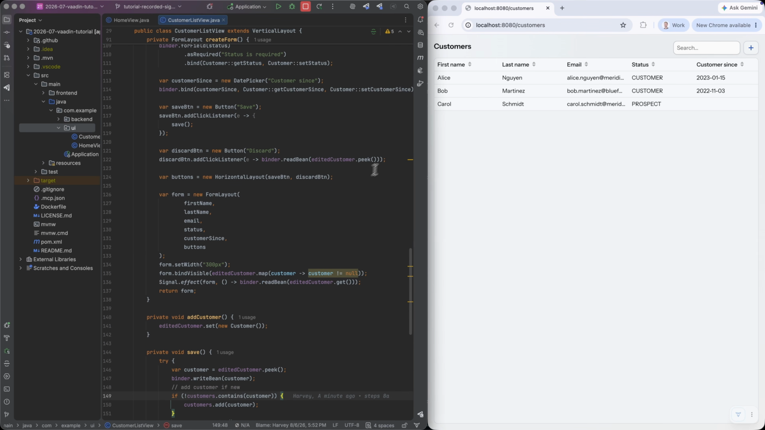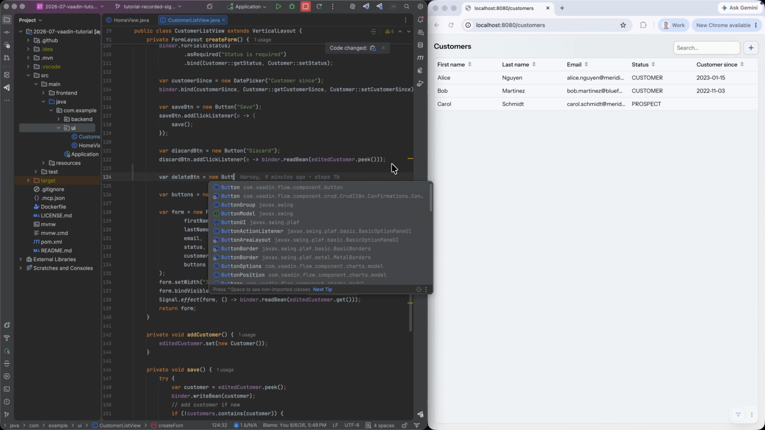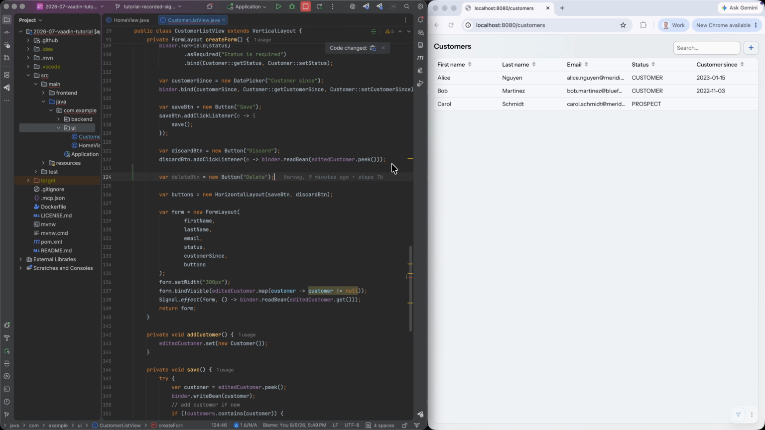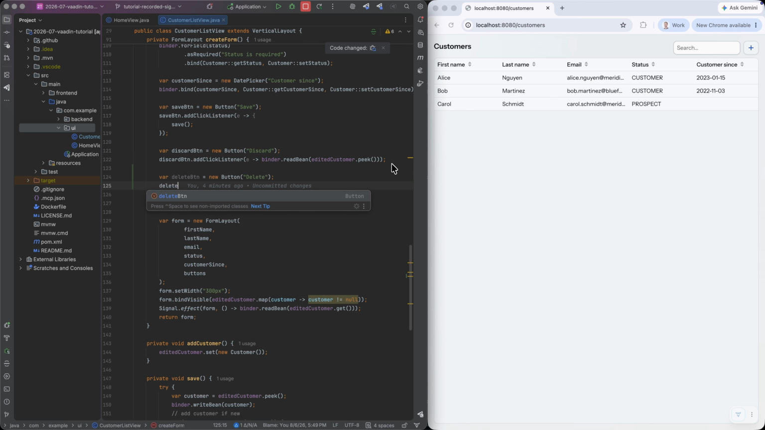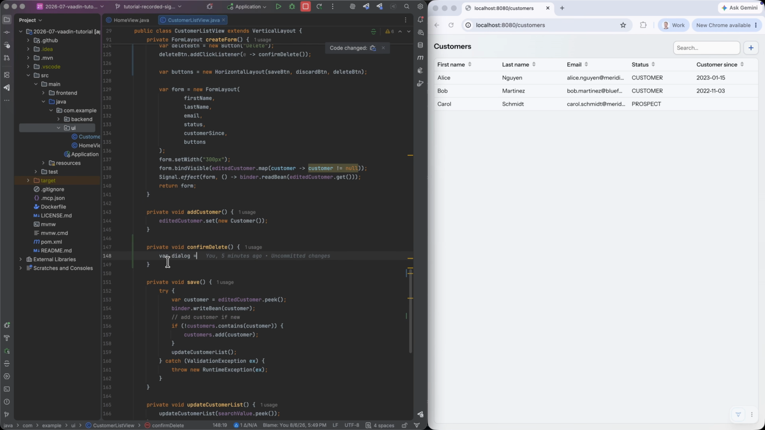Now the logical next step is to add a delete button, and I'm going to add it to the bottom of the form. So when you click a customer, you'll be presented with that delete button option. And let's add a click listener that I will point to a new method that we have not created yet. And let's add it to the buttons layout so it shows up at the bottom as well. And so let's implement this confirm delete method. And what we want to do here is display a confirm dialog,